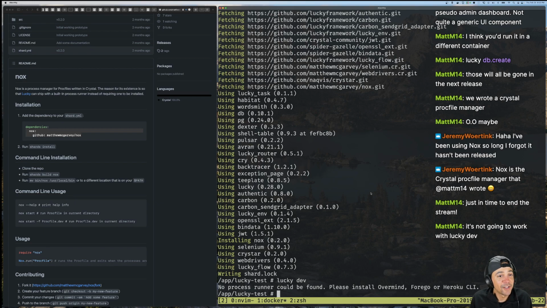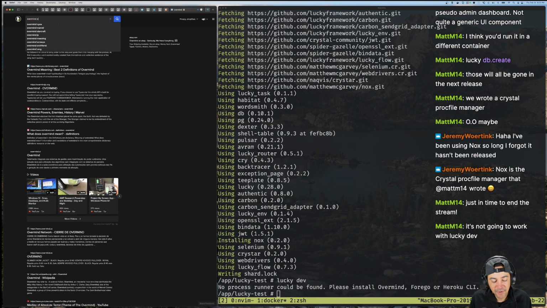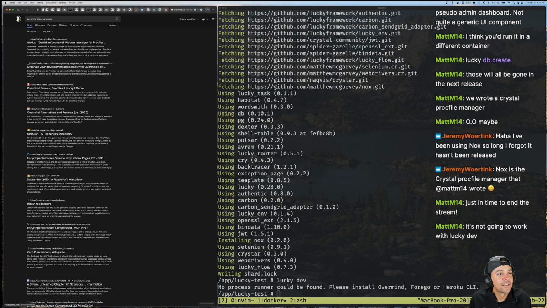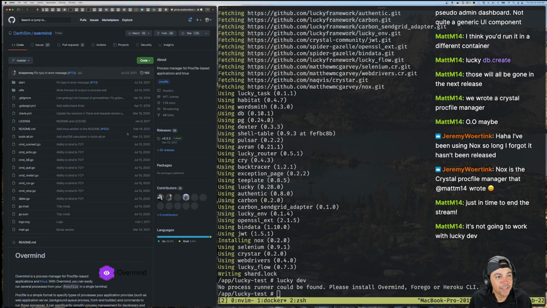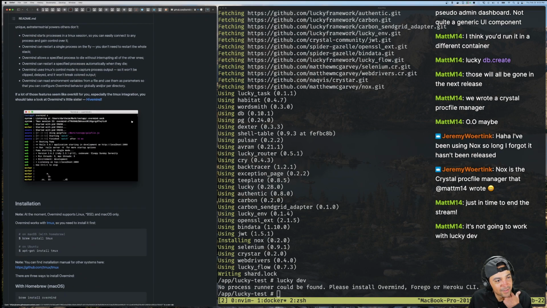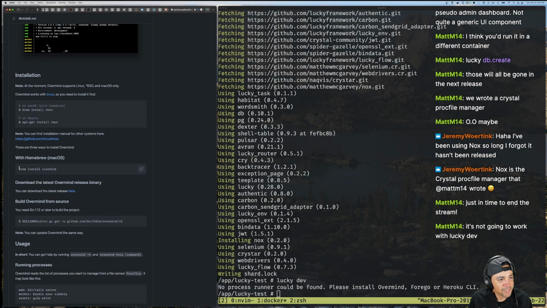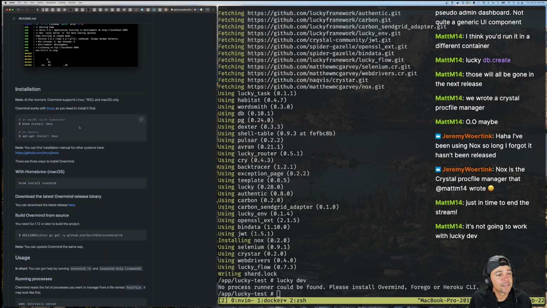All right, I'll install Overmind. It's not gonna work with Lucky Dev. Overmind process runner. I don't even know where process runner is. There, it still came up. DuckDuckGo, thanks. Oh, Evil Martians. Yeah. Okay, so what is going on? Maybe there's an easier one. Brew install tmux. Why? I don't want a tmux inside of a tmux.